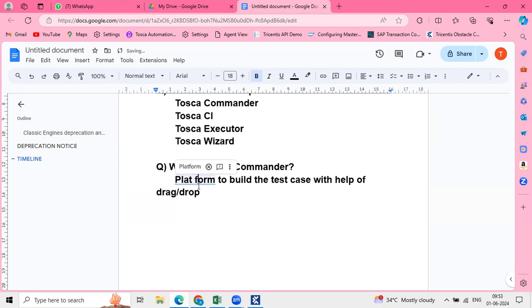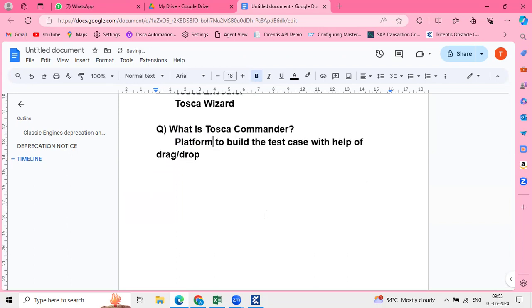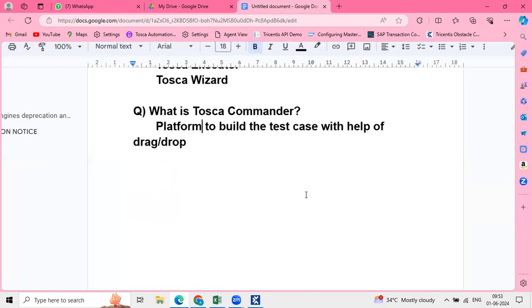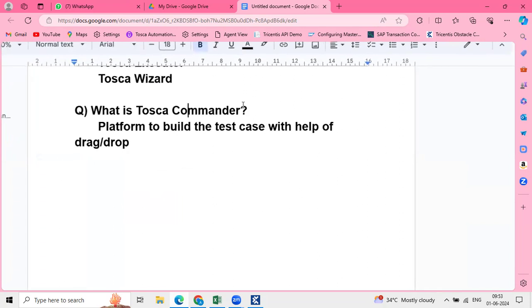So we are just doing development by dragging and dropping only, right? One and only thing. So the meaning of that, this is the platform to build the test cases with the help of drag and drop,